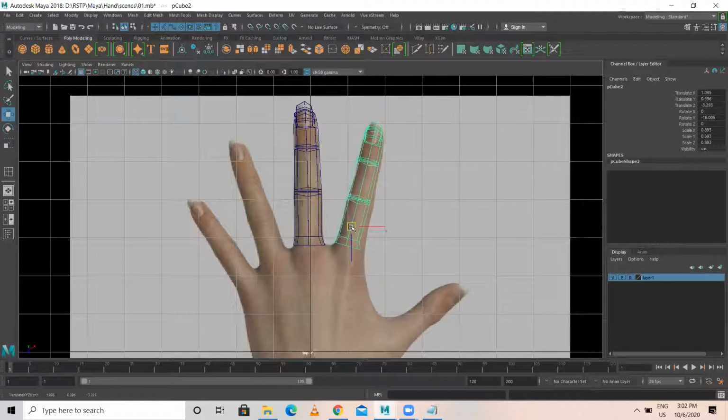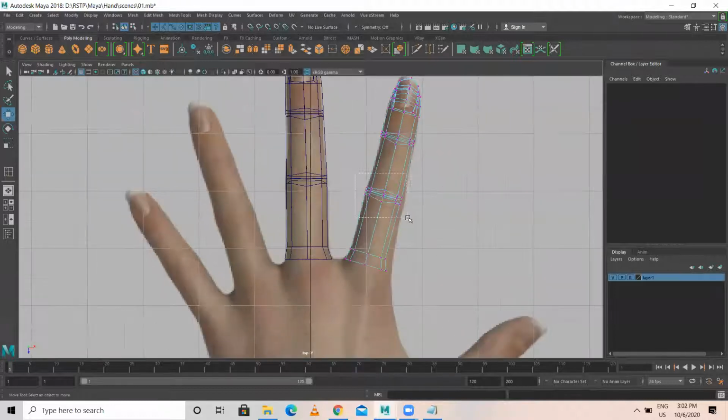So let it be something like this. Then what I'll do, just focus on working on this particular part. Okay.